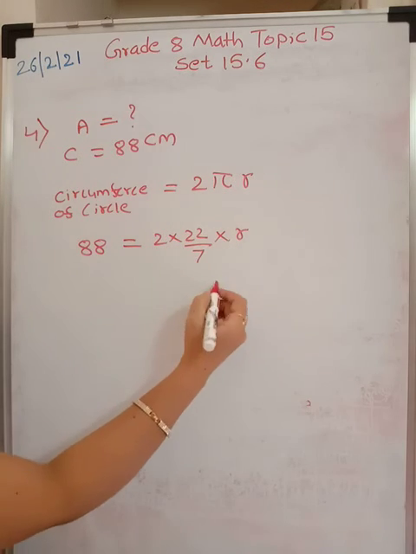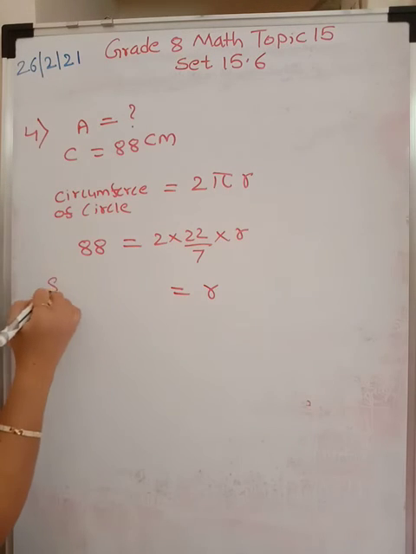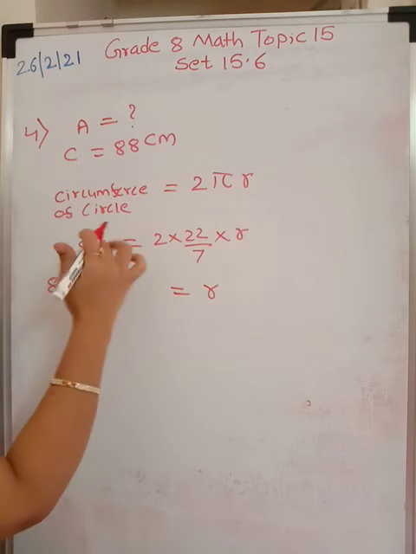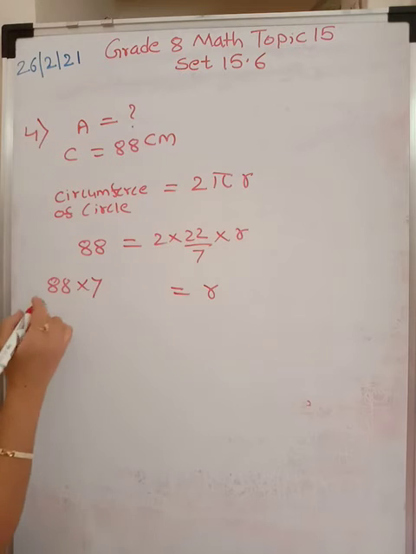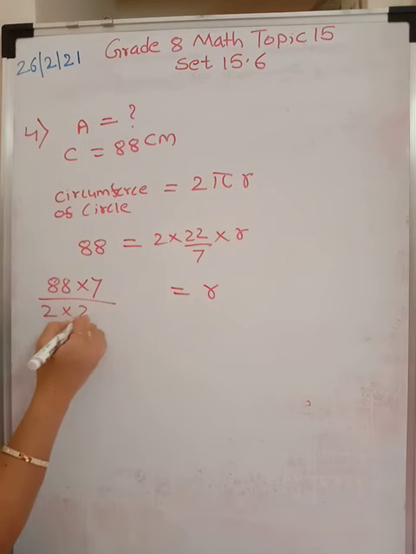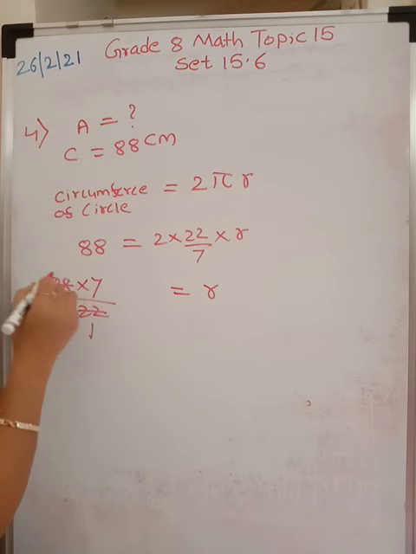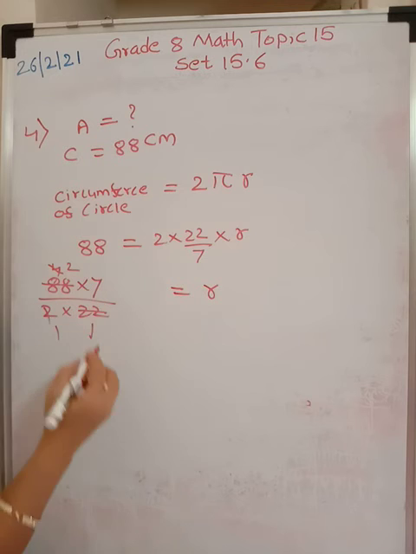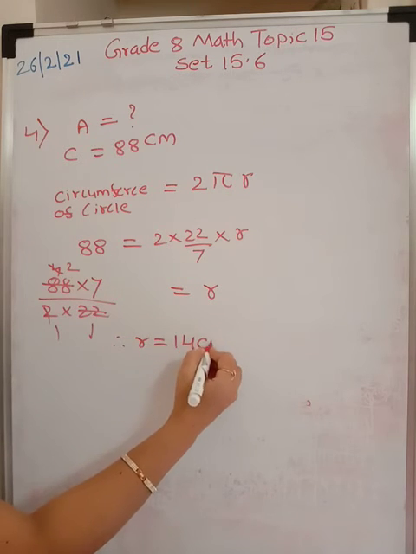I want to find r, so I am keeping r over here and shifting all these numbers. So 88 as it is. This is in numerator, it will go in division; this is in division, it will go in multiplication. These two are in multiplication, they will come below. So it is 2 into 22. Up till here clear? 22 ones are 22, 22 fours are 88, 2 ones are 2 and 2 twos are 4. 7 twos are 14 and therefore radius is equal to 14 centimeter.